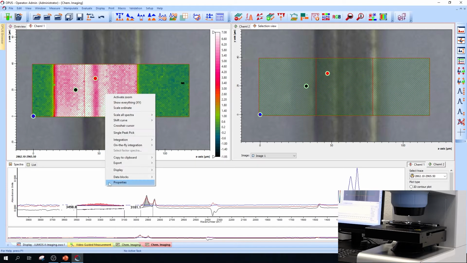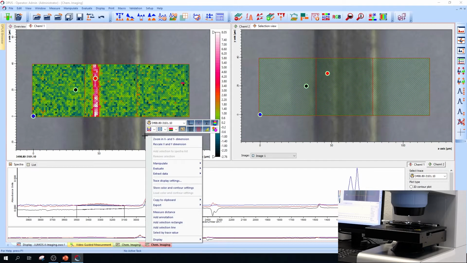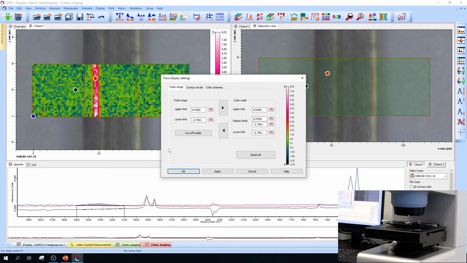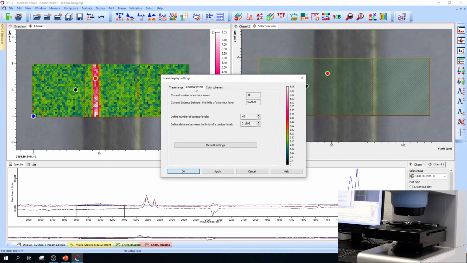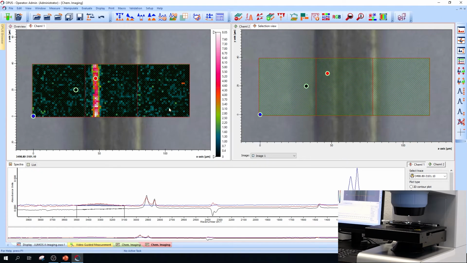Integrate those, and then we should get here this layer. We can also now select the upper and lower limits for our trace, and the contour levels we can increase, and then we get here this pixel plot of this measurement, and we can also switch to our contour plot, and we see here really a very thin layer.